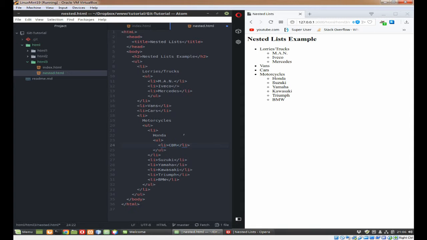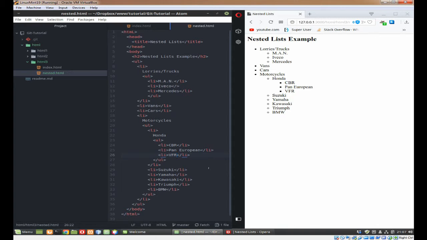So CBR. Okay. What I'm going to do is I shall copy that, Control C, put a couple of them in, and we'll put in, oh, I don't know, Pan European, and VFR. So if I press Control S, now you'll see that we've got another one, and again you'll see that